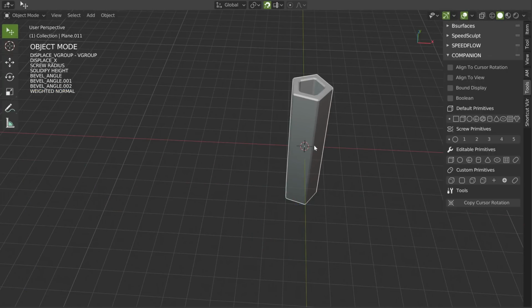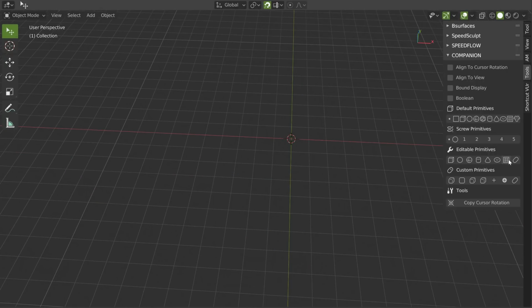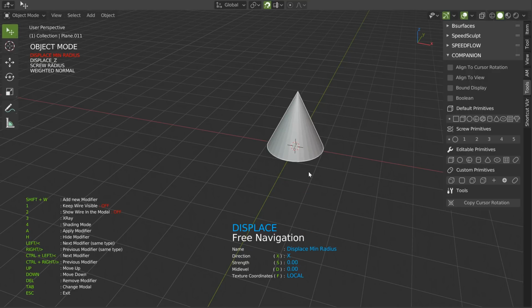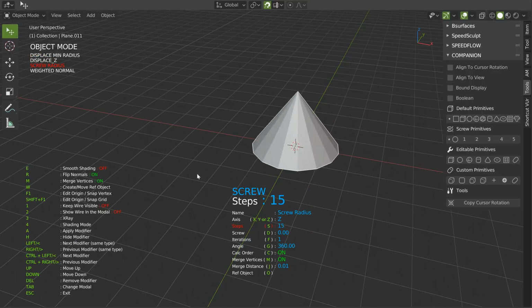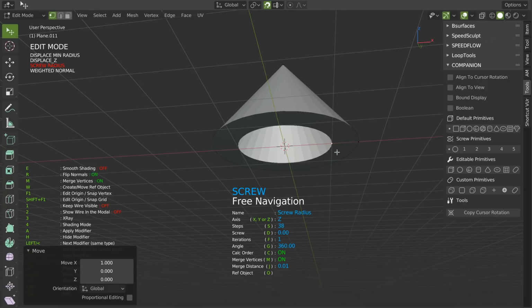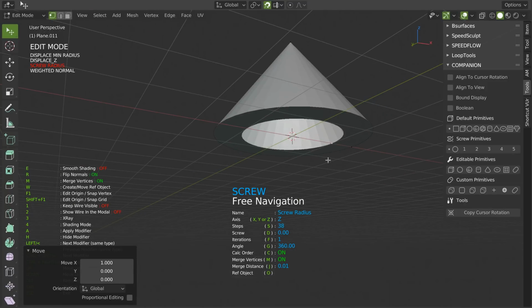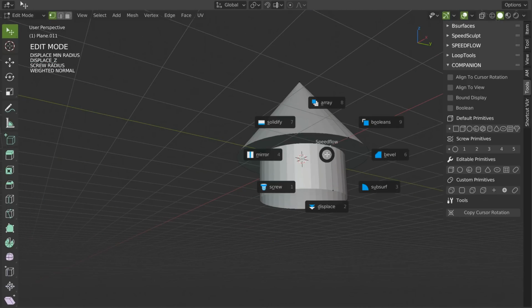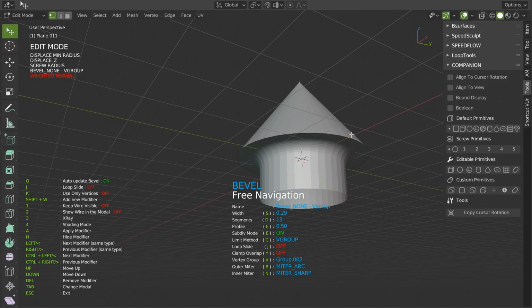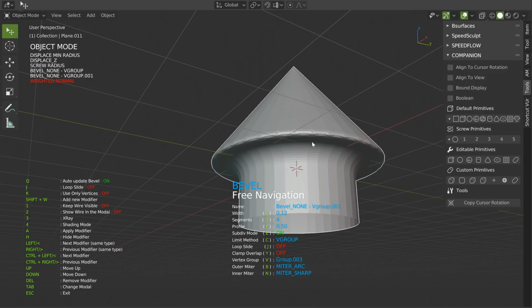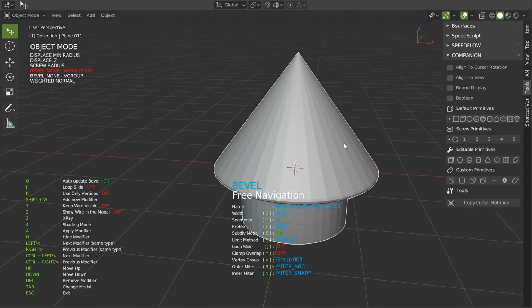In fact, you can create a lot of different primitives with those primitives because they are editable. For example, this one is just displace to place this, displace to play with this, displace screw to play with this, and that's it. I can go in edit mode, I can edit it, I can do this. I will disable the snap with F2 directly in the modal. I will do this, just like that. On this one, I will call the bevel, I will increase it, I will call the bevel, tab, and when you have this results, you just have to move the bevel, and that's it.